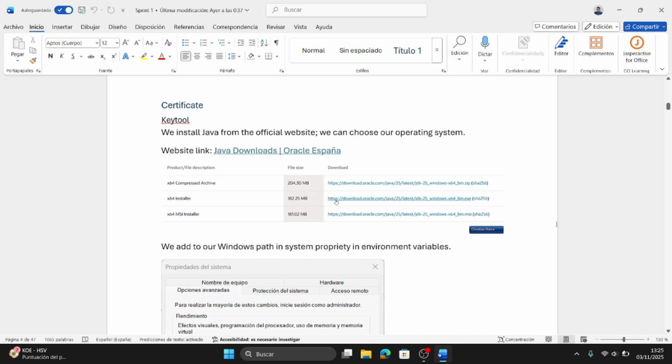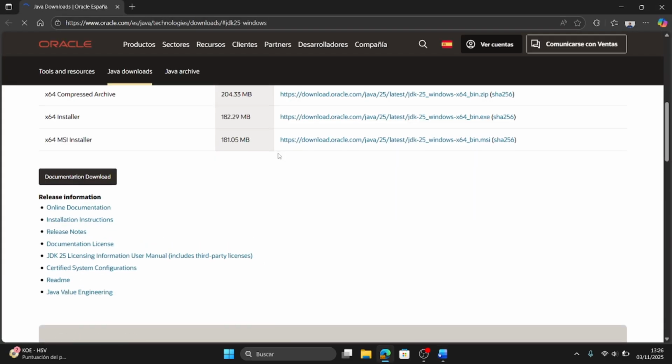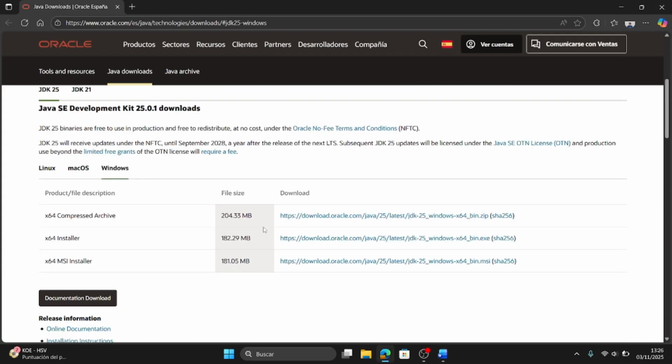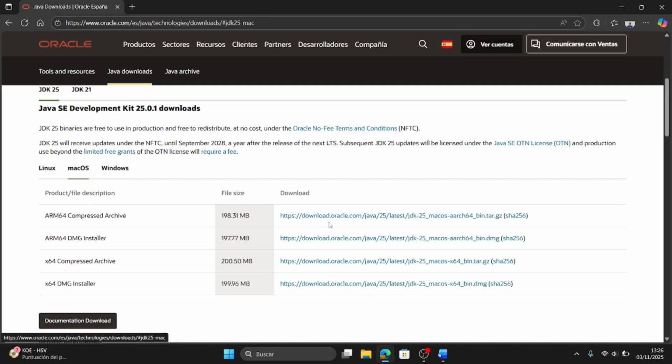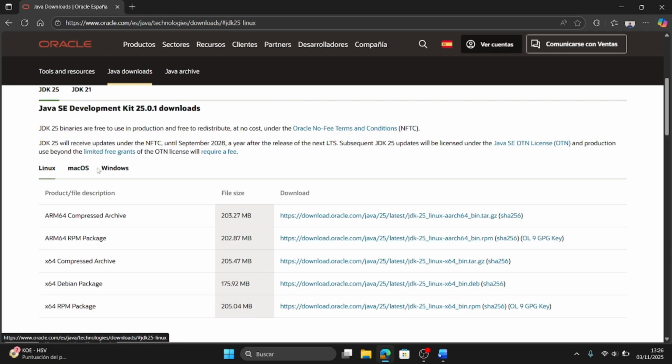Now we have to install in our machine in Windows KTool that we are going to need. We have here the link that is the Java website, and here in downloads we can select the operating system and the version that we want to download.